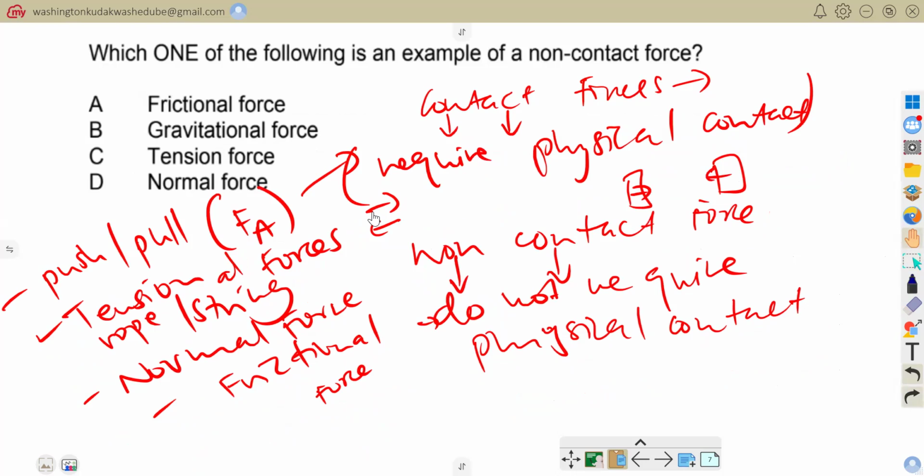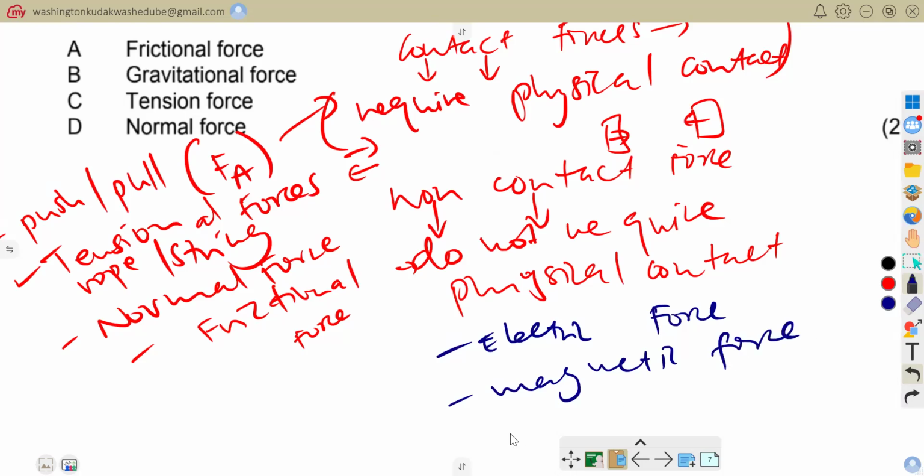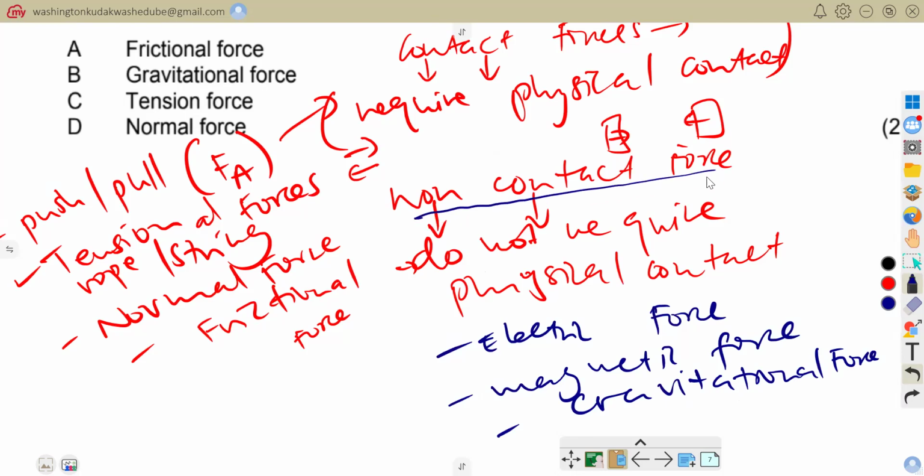We have got the electromagnetic force. So this can be broken down into electric force. We have got magnetic force. And then we also have the gravitational force. So under non-contact forces, where we do not require physical contact, we have got electric force, magnetic force, gravitational force,